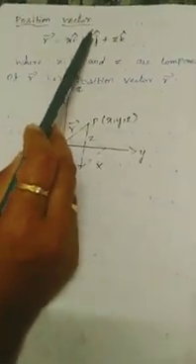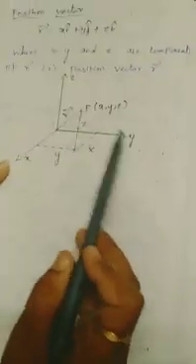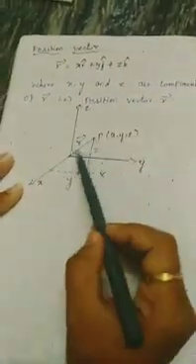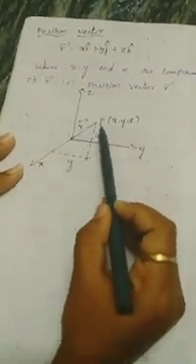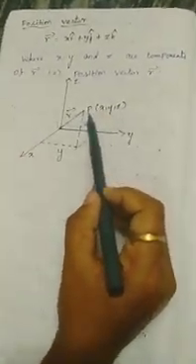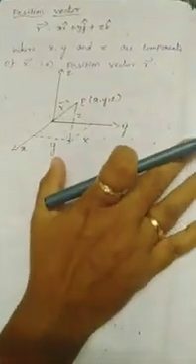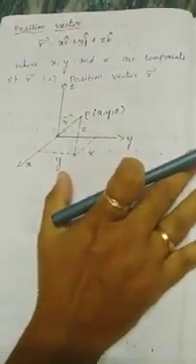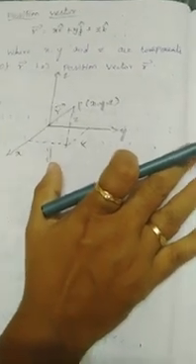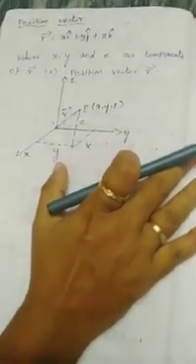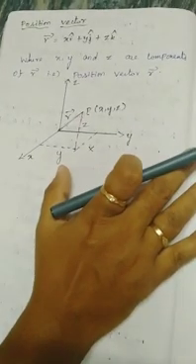Next topic is position vector. So position vector means, first let us see the diagram. This is the x-axis, this is the y-axis, and this is the z-axis. Here the resultant vector, that we are marking as p, is the position vector. Why are we marking here the position vector? Because in space we are not able to find the acceleration, velocity and displacement. So by using the position vector, we can easily see the displacement, velocity and acceleration. So we are using the position vector.